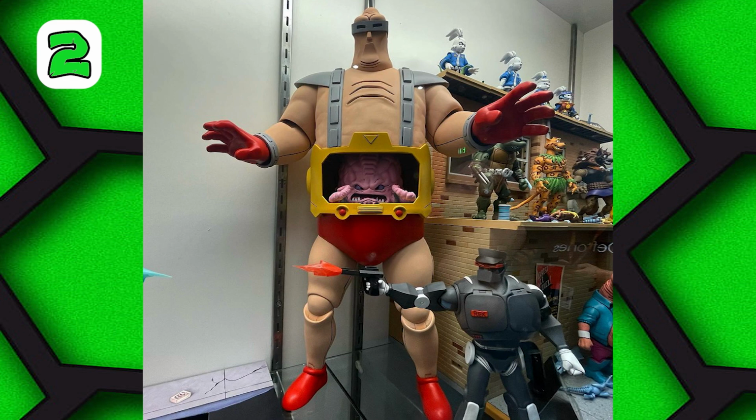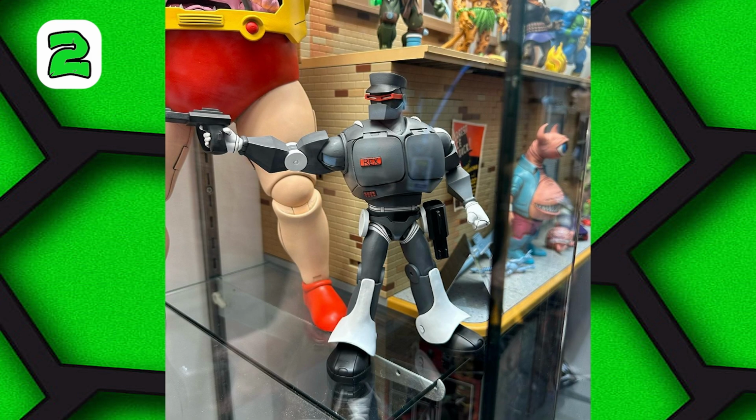Moving over to the cartoon line, we got our first look at this quarter-scale Krang, which could also be used as the giant Krang from the cartoon. I'm not sure if it's made mainly for the Toon line or the quarter-scale line, but who cares, I'm getting it anyway. And at his feet we have what could be a very expensive army builder, and it's one of